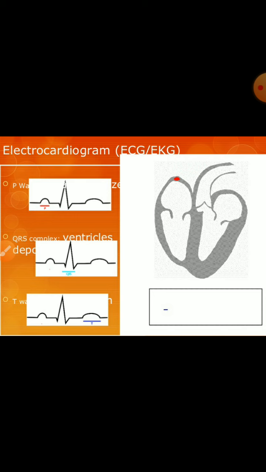It is due to development of electronegativity of excited cardiac muscles as compared with unexcited muscle fibers, and these electrical changes are picked up by surface electrodes which are placed in different positions on the body over a period of time. So an instrument used to observe the working of the heart is known as electrocardiograph.